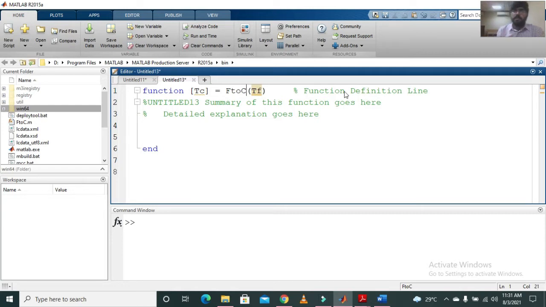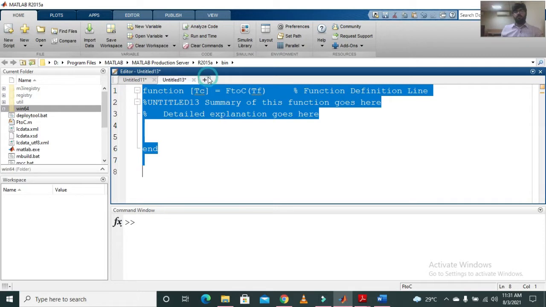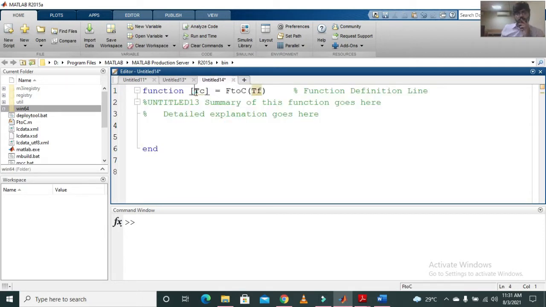Let's say you want to define another function to determine the volume and surface area of a sphere. You define the volume and surface area as outputs, and the input argument should be your radius.